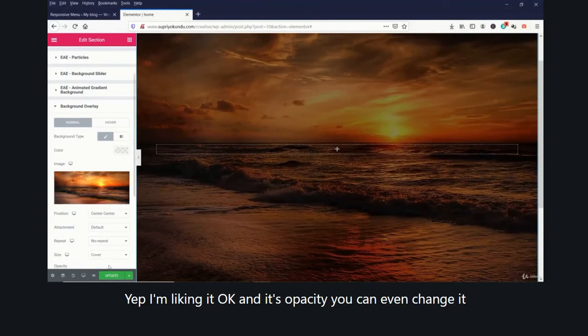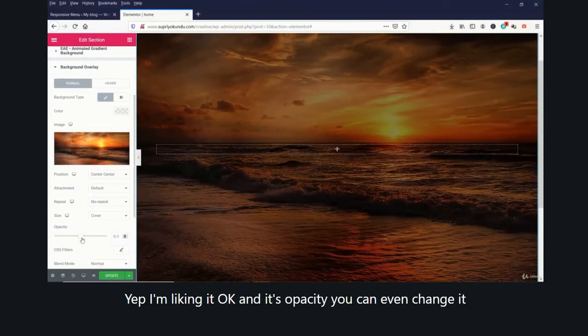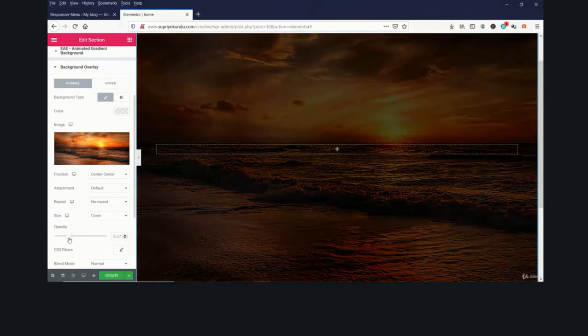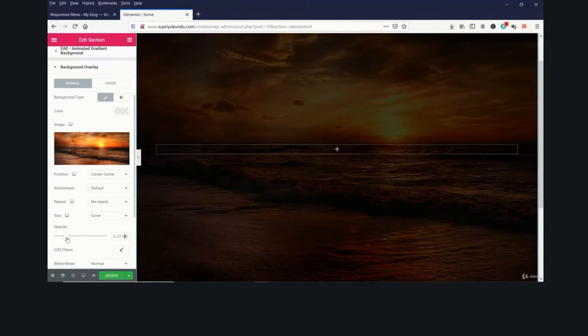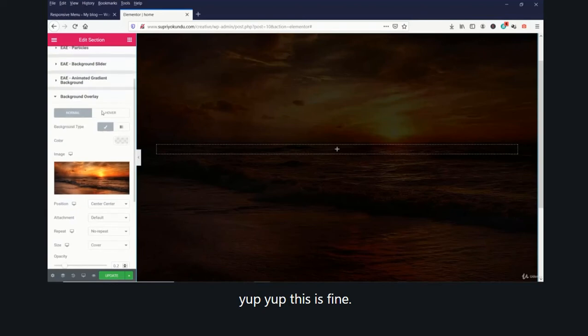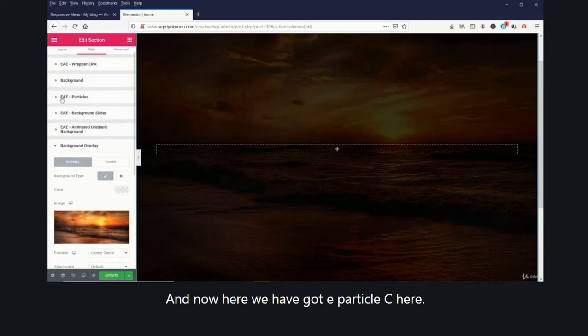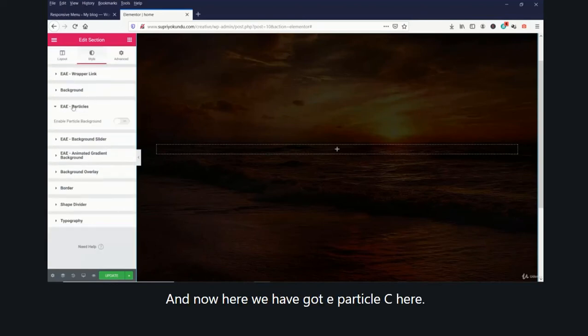Okay, and its opacity, you can even change it. Let's make it 0.2. Yep, this is fine. And now here we have got EAE particles. See here, this is for Elementor add-on elements.